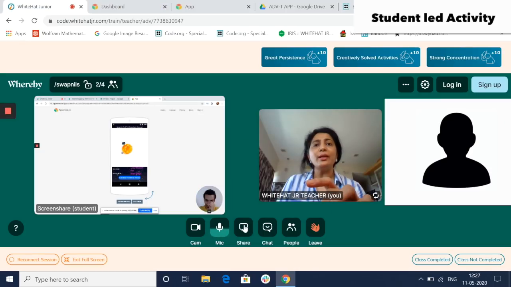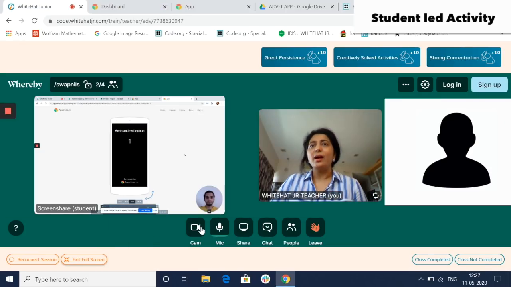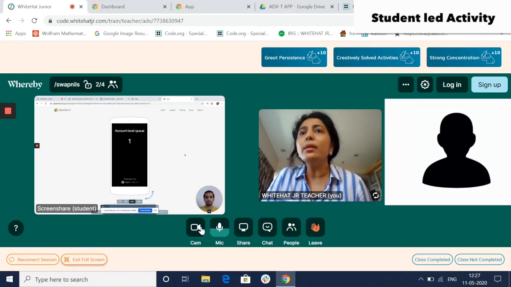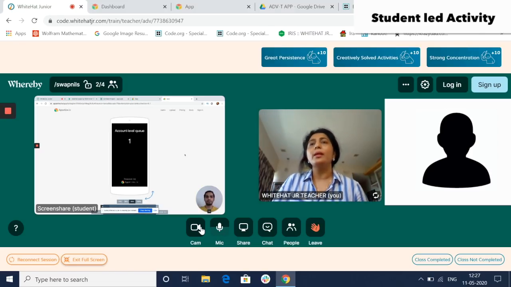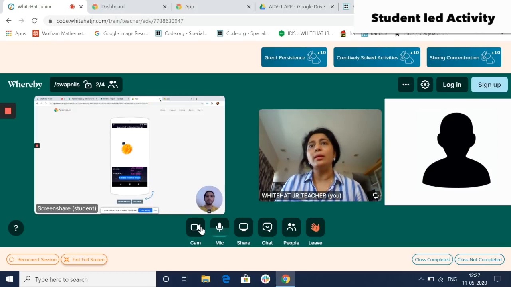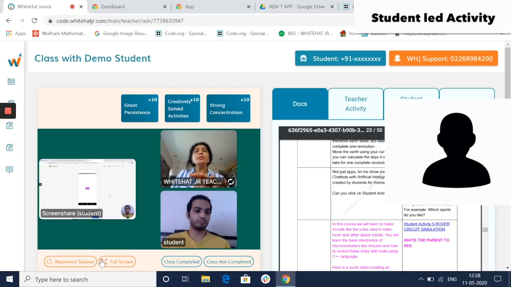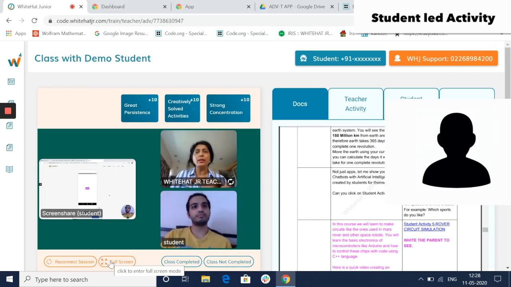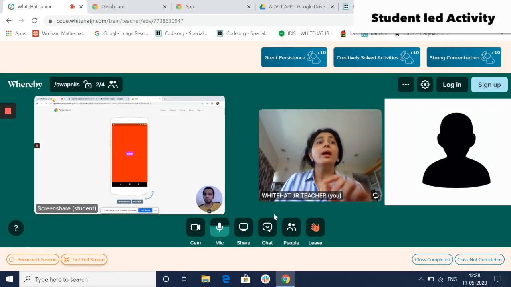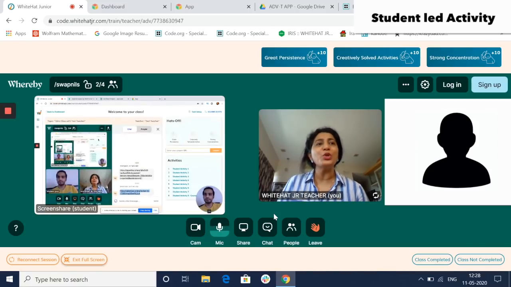Let me share one more with you. Come back to your chat window. No, you have to shut the earlier tab app. Can you close that tab? Yes, close it. Okay, and refresh this again. While we wait for this one, can you again share your screen, please? And click on student activity 4. Okay, did you see this? This was the app which I showed to you.